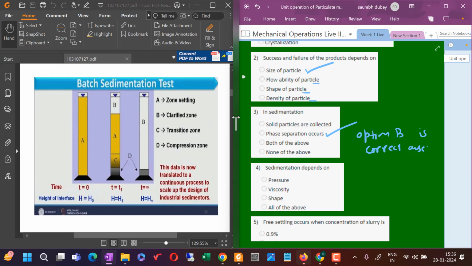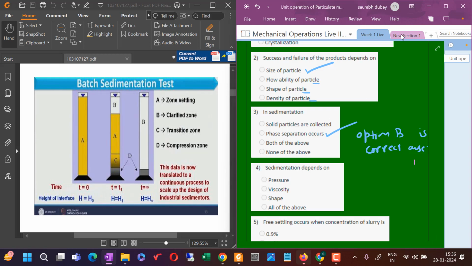Size is the linear dimension of the particle. For irregular particles, the size may be found as the average of the shortest and the longest dimension of the particle, or as the second largest dimension. So for example, if you are having an irregular size particle, then in that case, you will be having